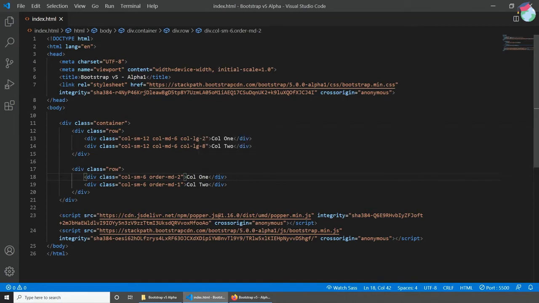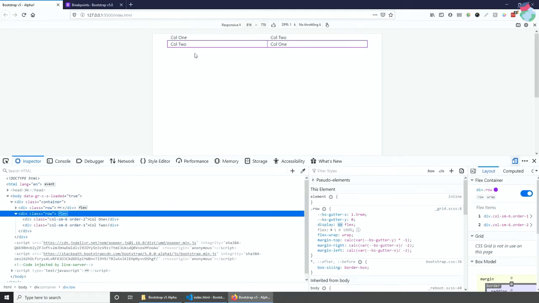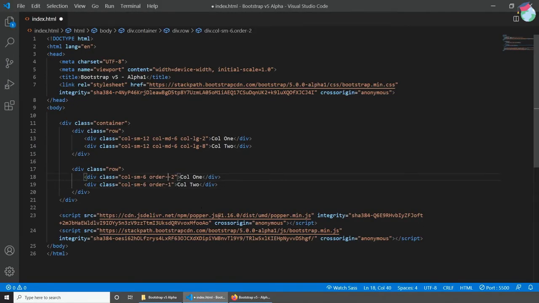Maybe we want to swap the order on all screens. We could simply just do order 2 and order 1, just like this, save it, and as you can see, column 2 is now always going to be in the first position. Even if you go on very small screens, we have 2 and 1, and if you go up, it would stay the same. But let's say if you wanted to target small screens, we can then do simply small,